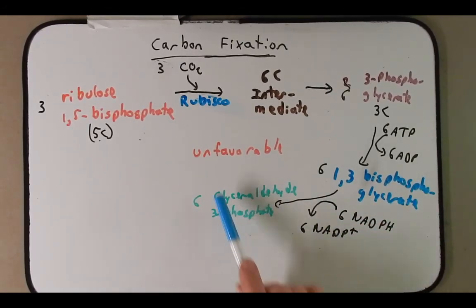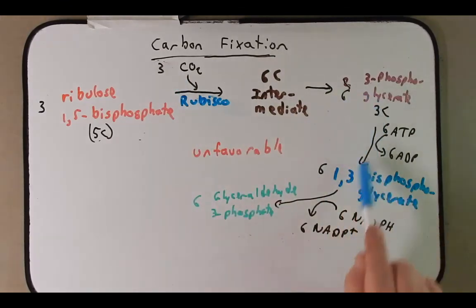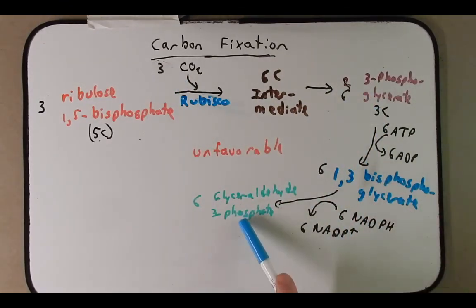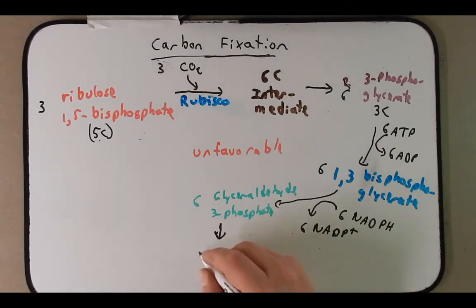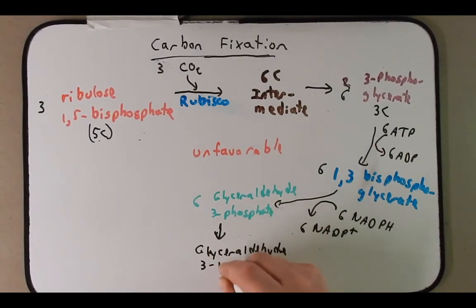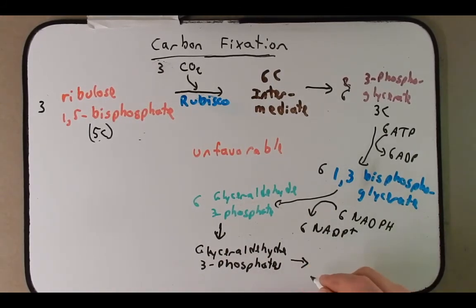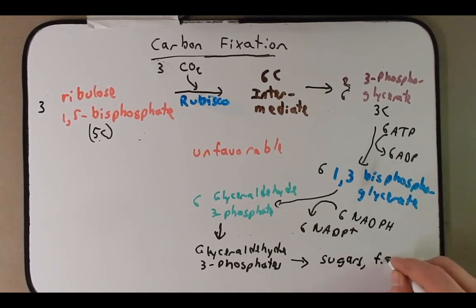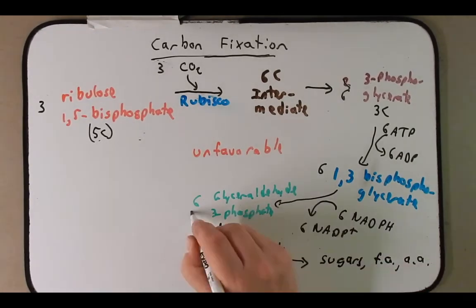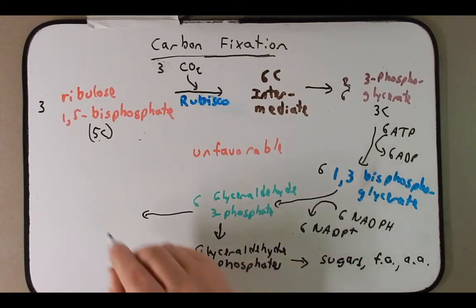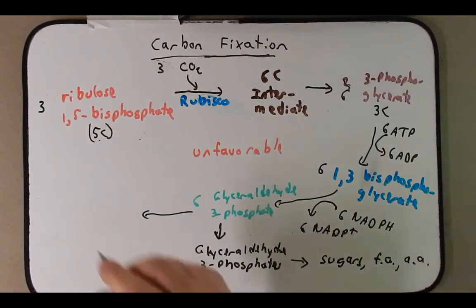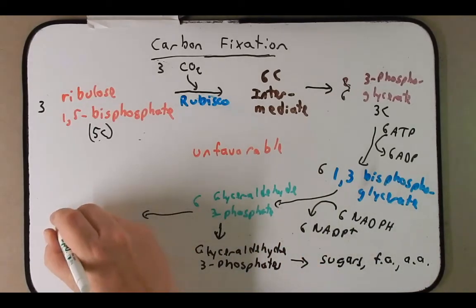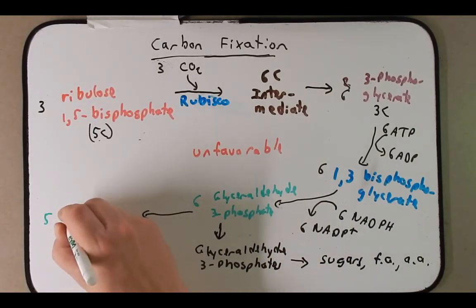Now this is why I started off with 3 here so we could generate 6. Because for every 6 that are made, 1 is released from the cycle. So one of these glyceraldehyde 3-phosphates is released. And then it can be released from the chloroplast to make more complex sugars, fatty acids, and amino acids. The 5 remaining glyceraldehyde 3-phosphates, so now we have 5 of those,